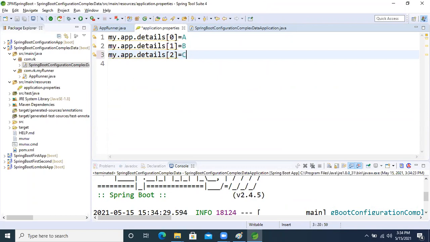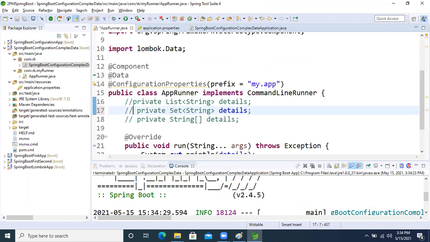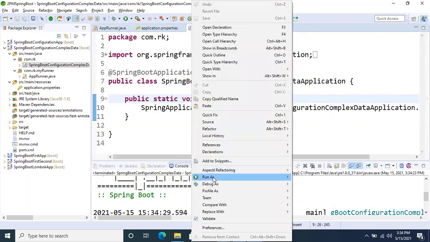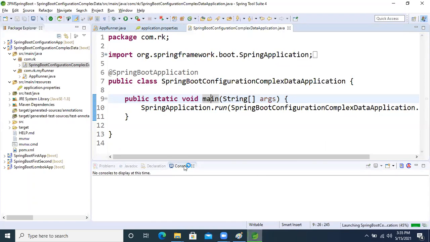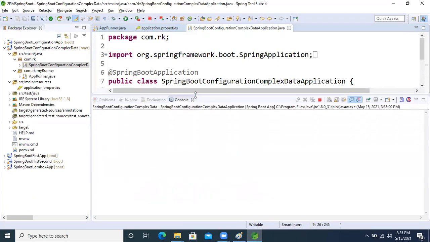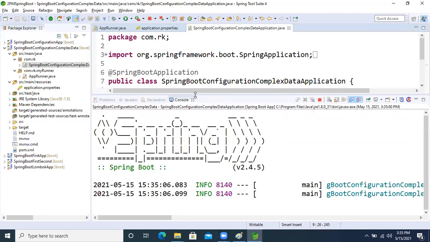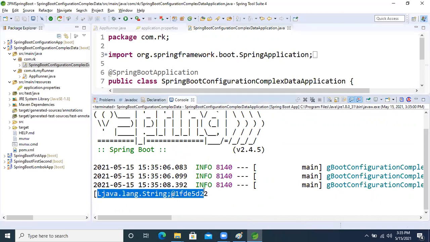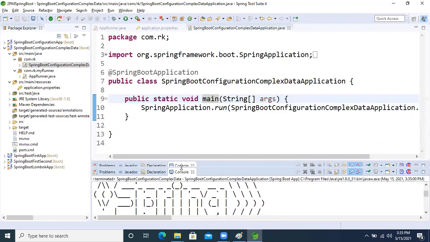Now I'm commenting this one, the set, and I'm enabling the array. Now let's run the application and see this. Okay, no problem. Here, what we are getting now, guys, are array dimensions, right? The array, what we are getting now, array dimensions.